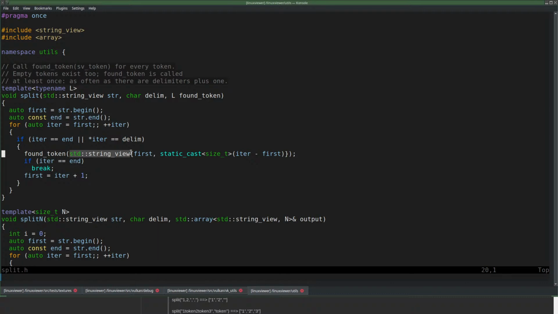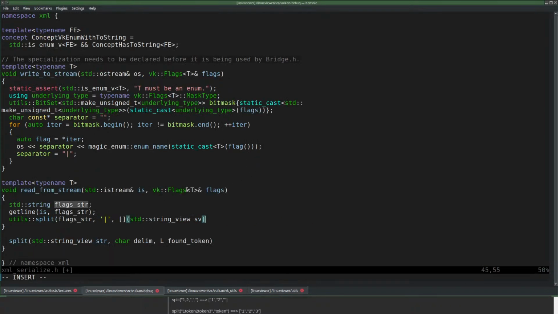This is temporary, so I might as well pass it by value, plus string view is super small. And then we have here our SVs.